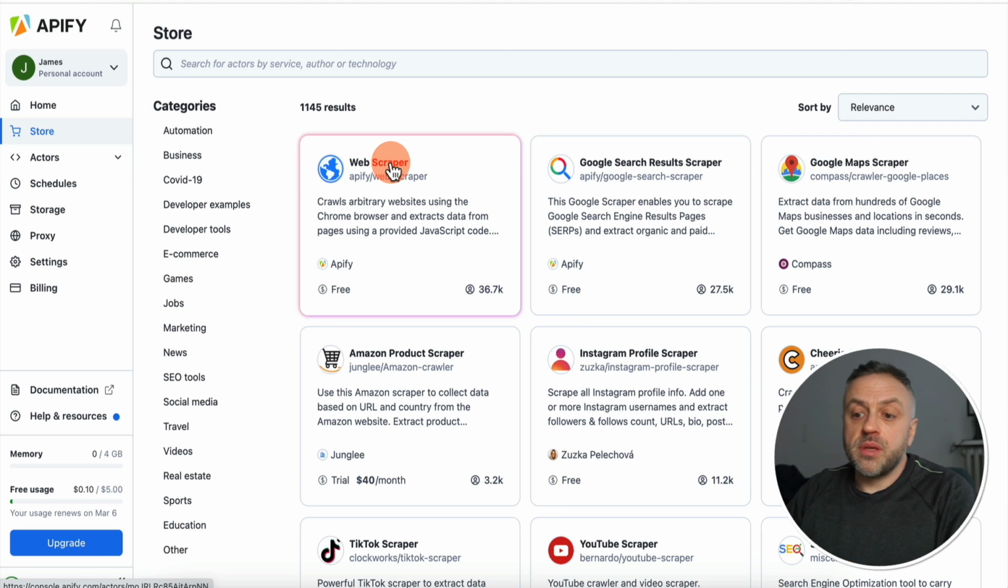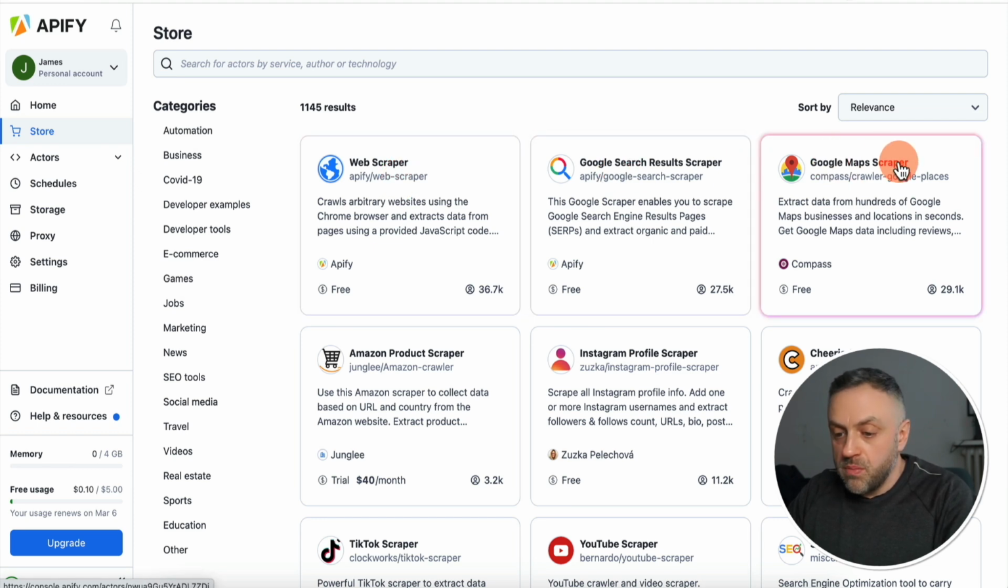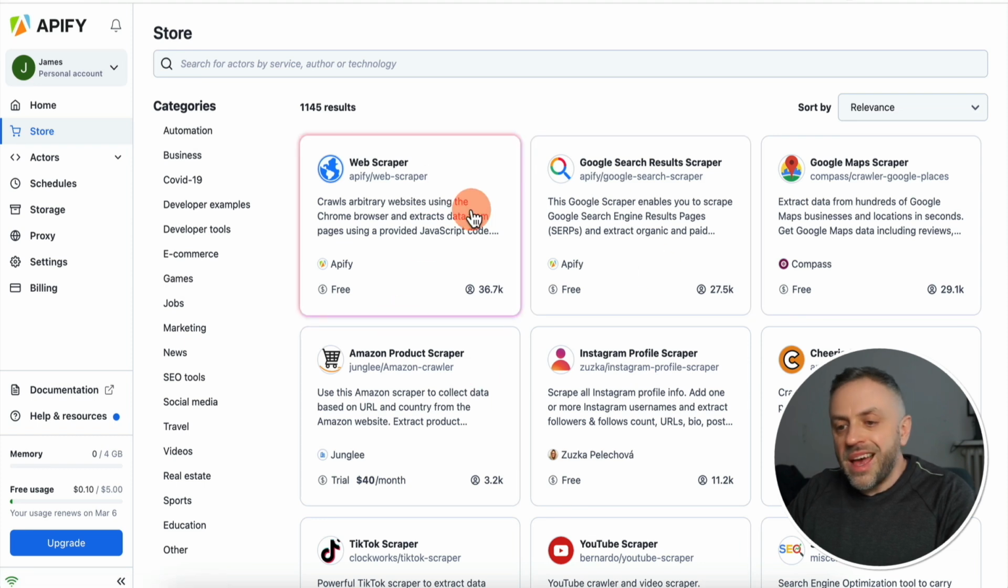So as an example, here we have a web scraper, and this is a scraper that gives you certain pieces of data from websites. It's kind of a generic all-in-one scraper parser. Here we have Google search results scraper. Here we have Google Maps. So all of these actors are customized for specific websites and customized to get specific data that you are